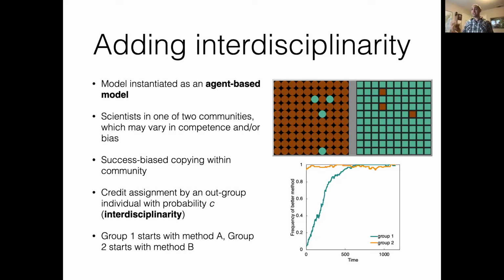Here they use success-biased copying only within a community. So they're copying methods and inheriting methods from members of their own community, which I think makes sense. If you're in a psychology program, you learn from psychologists. If you're in a biology program, you learn from biologists. But